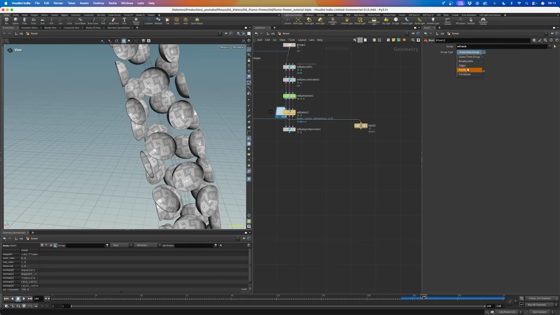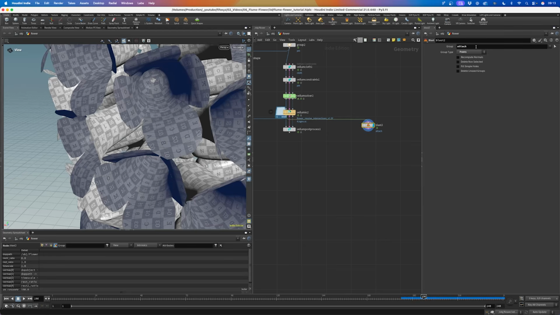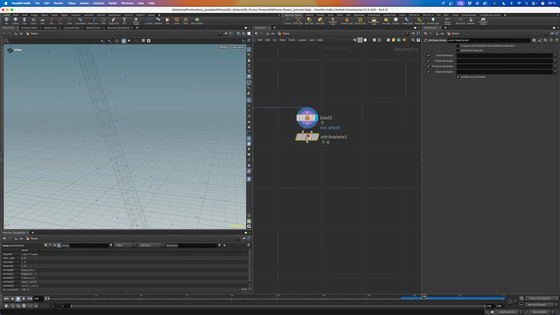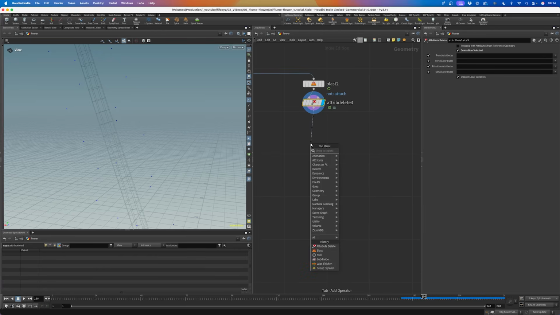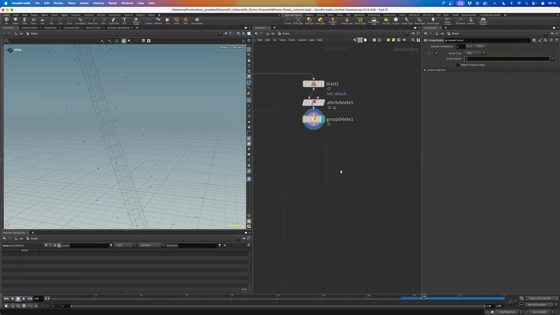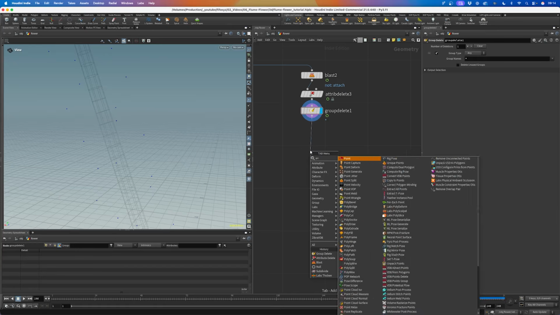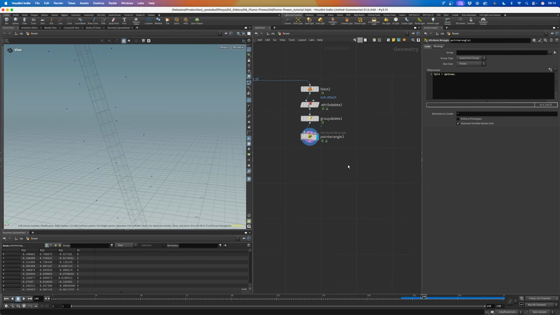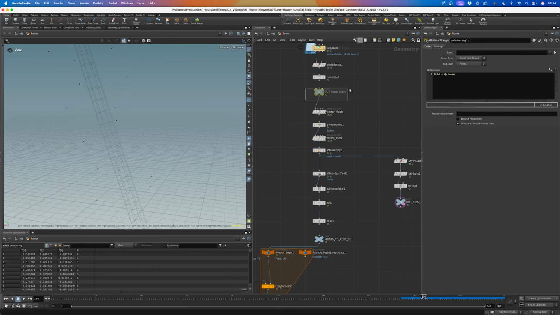group. Let's point this, and we of course want to delete the non-selected to be left with this little point. And let's get rid of all the attributes here. Delete the non-selected. Let's delete all the groups. And let's attach a point wrangle here. And I want to use a very simple expression, which is i@id equals @ptnum. Close it, so we create a little id attribute for each point, because this comes in handy in a second